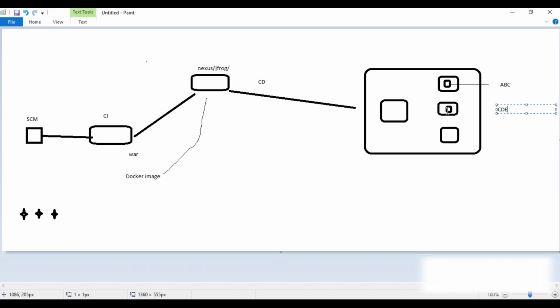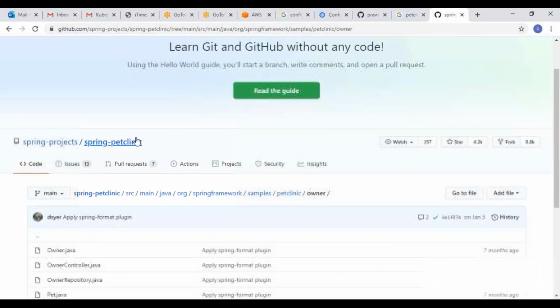So automatically it will pick up the IP address of that service. Where are you going to give that information? Inside the properties file. In the same properties file which I have shown you, we are going to